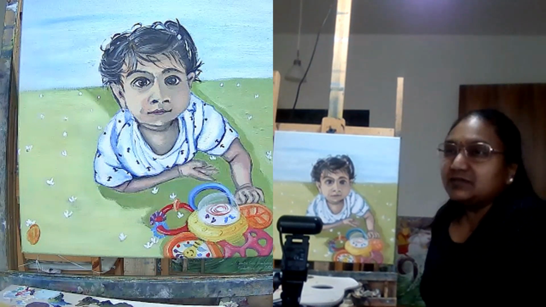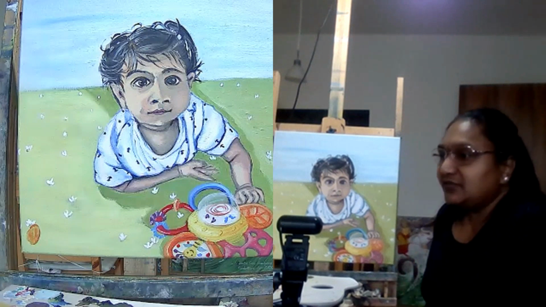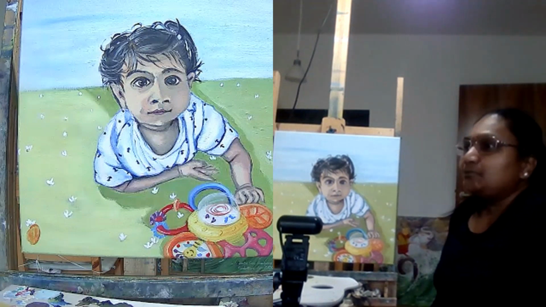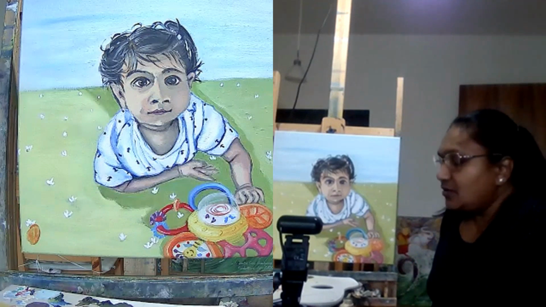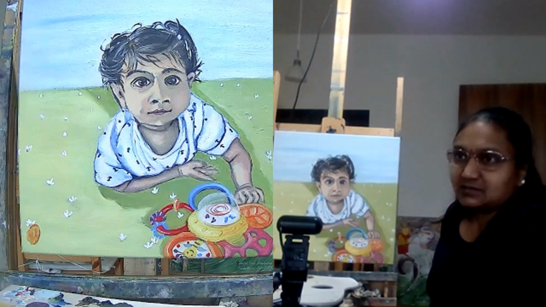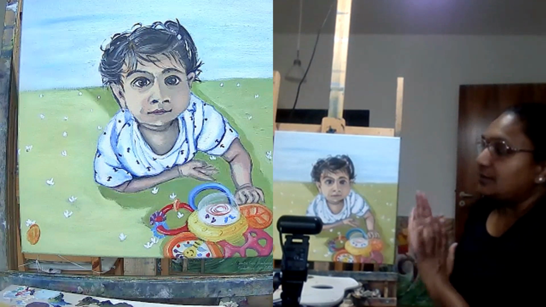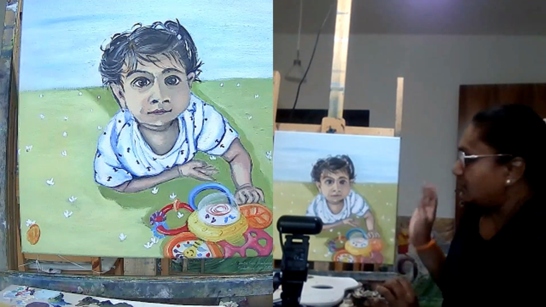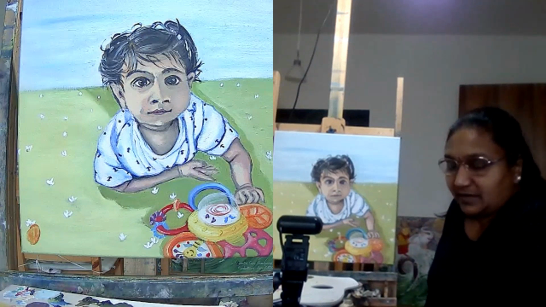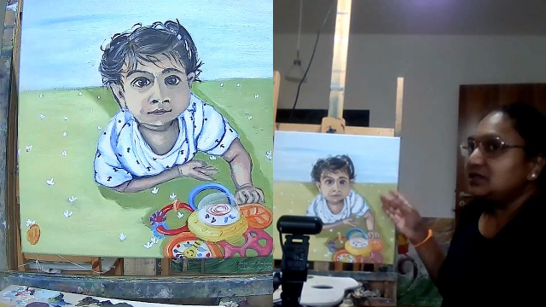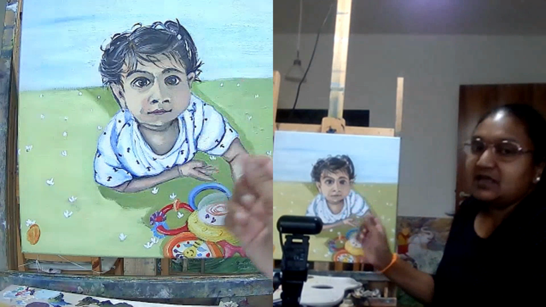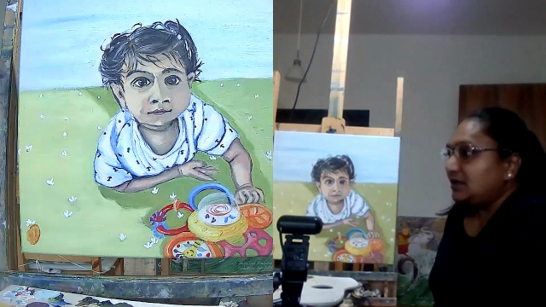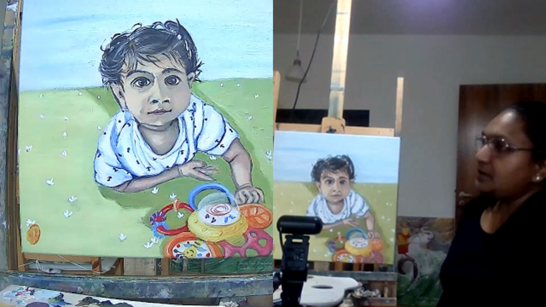So we started out in the first class. If you haven't watched that, the first class is more about the oil paint itself, the brushes, the canvas, the challenges involved, and how do we use certain things. And then we got on to doing what is called a basic or first layer of painting on top of this 40 by 40 centimeter canvas. Then we started using the golden ratio. With the help of the golden ratio, we were able to place the baby girl's picture in the right spot that we wanted.